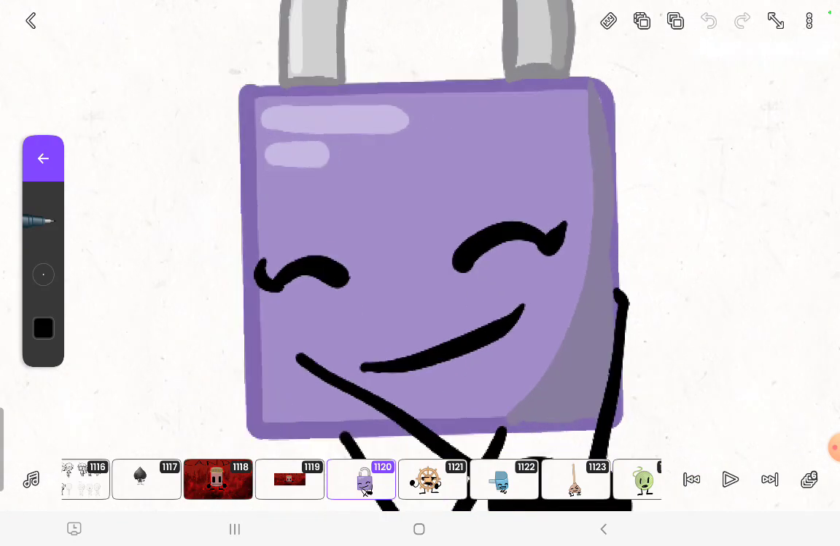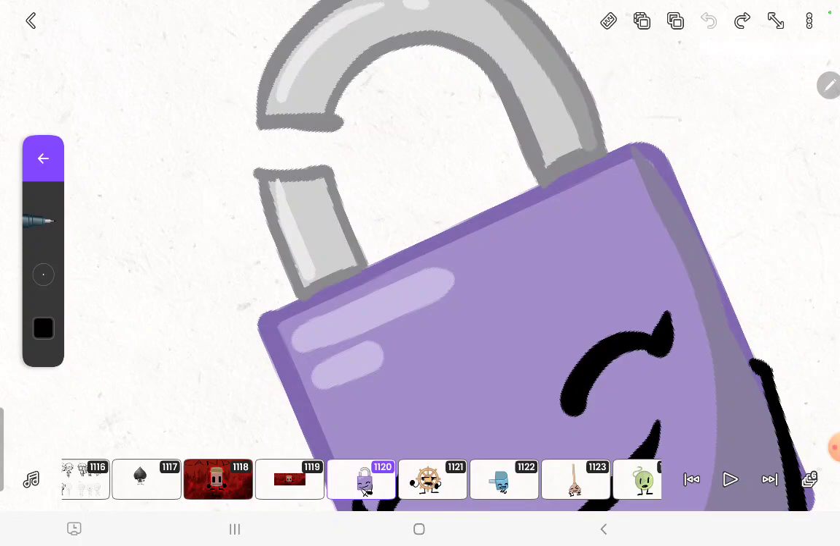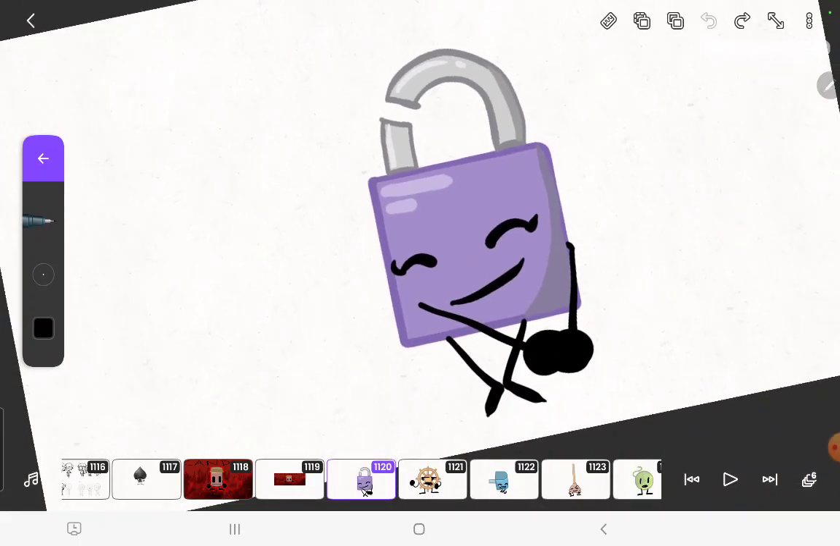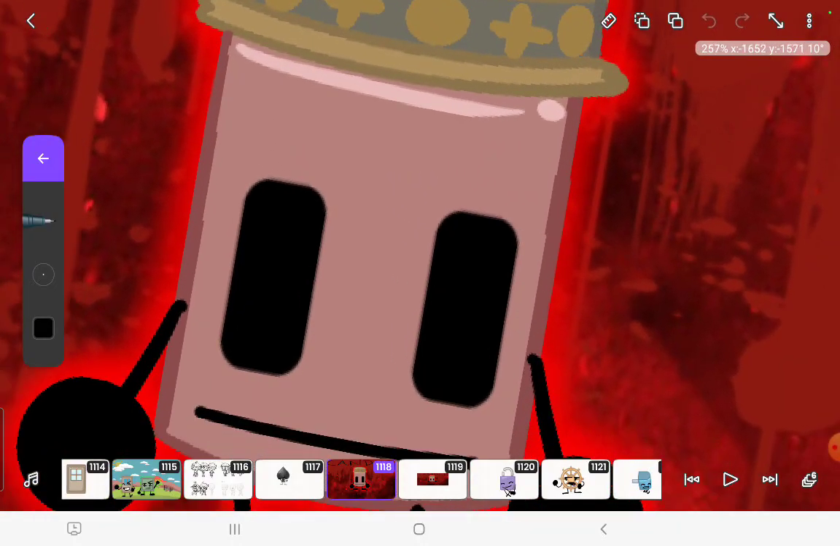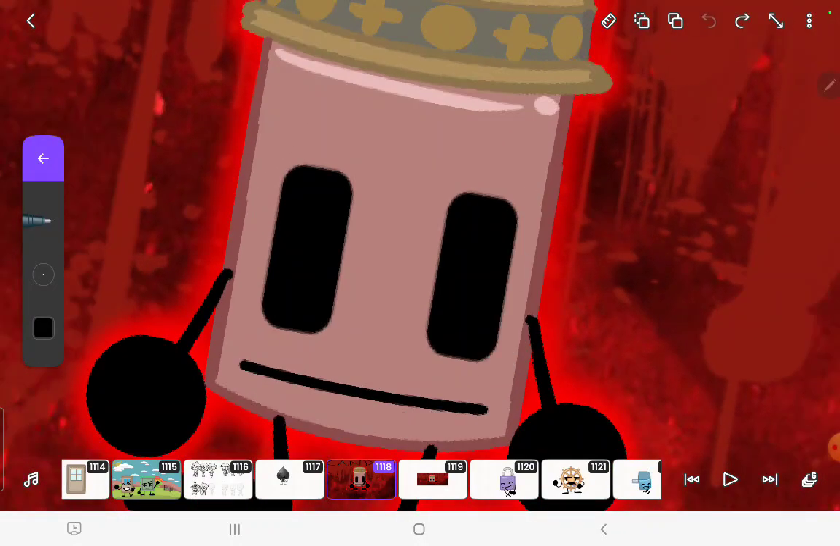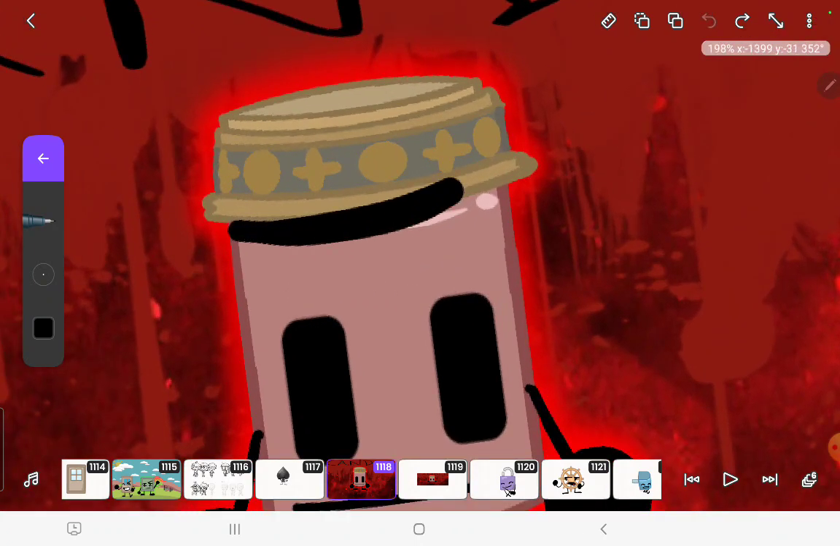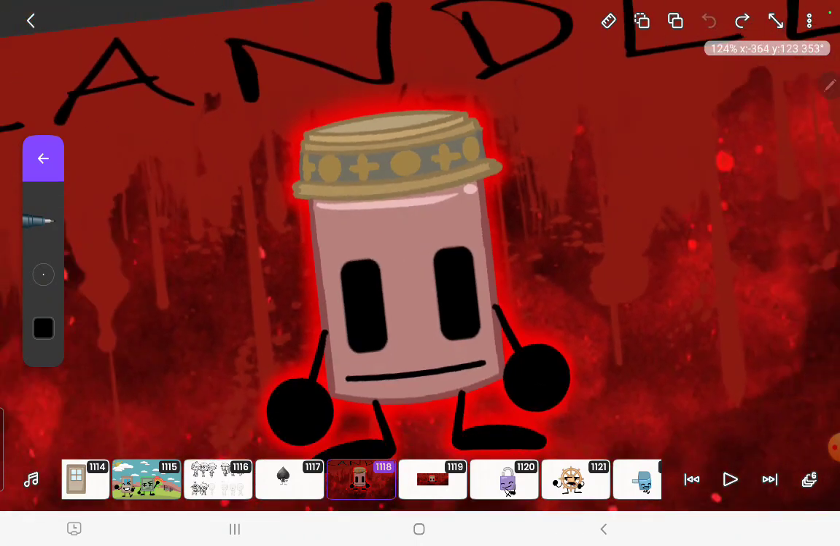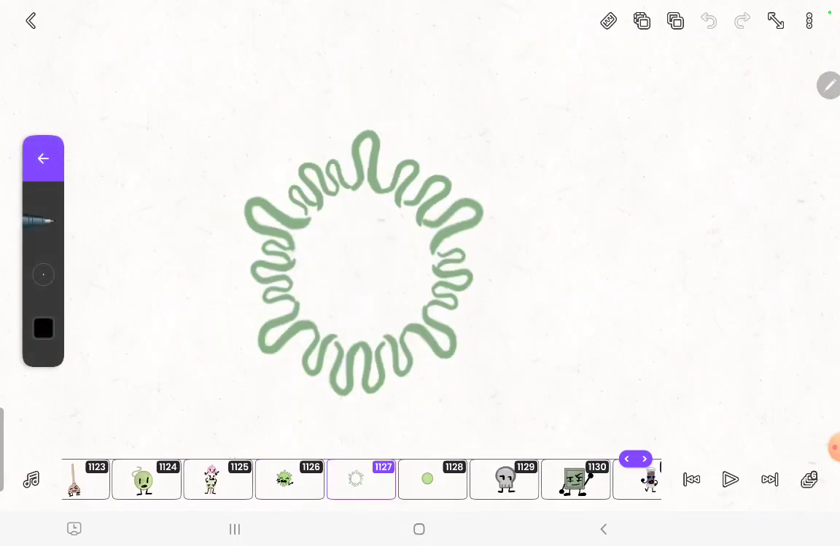Opened lock, yeah, this is way too dark, but otherwise pretty good. We got Candle. He does not have any shadow, which is not really the best, but he does have a good highlight that fits him. And yeah,